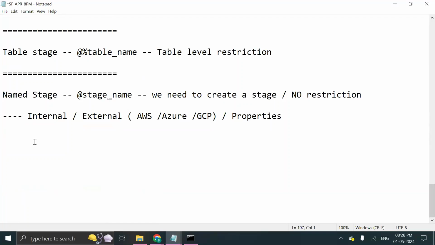Now what we are doing here, with the help of different stages, like we are using named stage, table stage, user stage, with the help of that, we are loading the file to the stage first. From the stage, we are loading the data to the table. In this process, we are using the PUT command to upload the data to the table. Now,